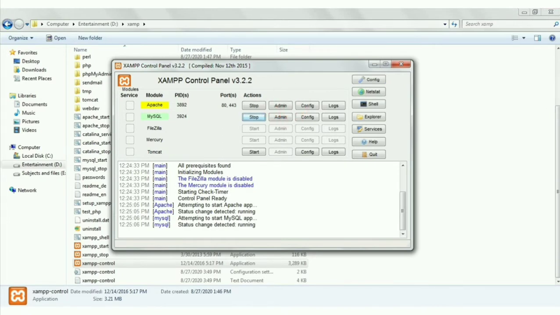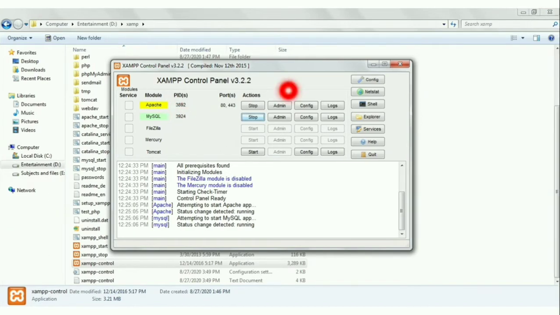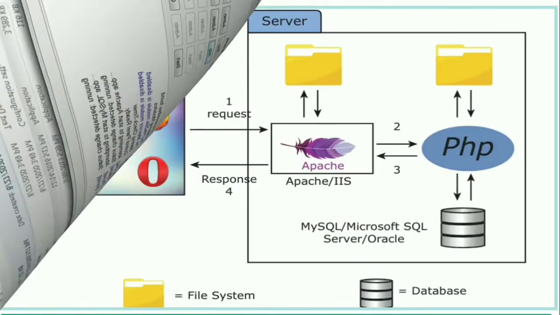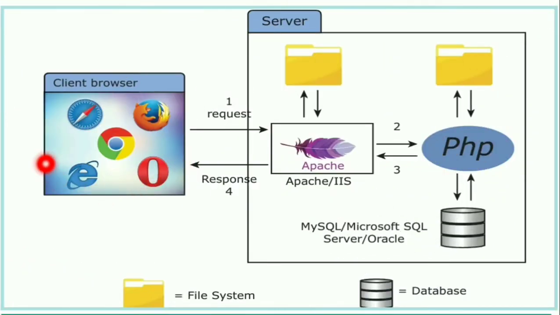admin button. So Apache is the web server. We are going to use this web server for executing PHP programs. After starting the service, just make a click on this admin button so that we get one of these browsers. The URL will be opened with this browser, and using this client browser we can request the Apache server to execute the PHP programs.